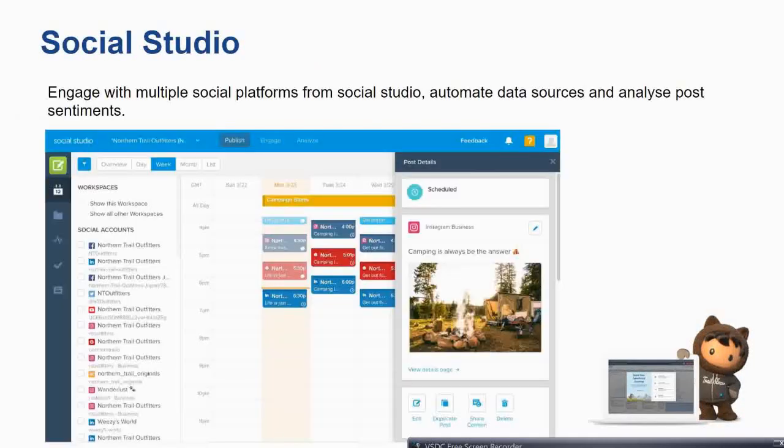Now let's go to the other part, which is Social Studio. What is Social Studio? Social Studio is actually a totally different application which is integrated within SFMC, and it is from a company called Radian6 that got bought into SFMC. Even SFMC was originally from a company called ExactTarget, which Salesforce bought, and this is a totally different application which is integrated within Salesforce Marketing Cloud.